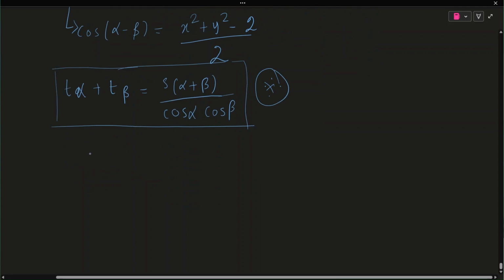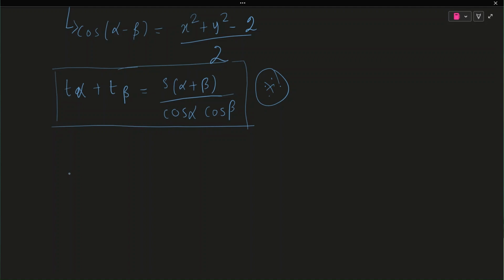Because you can derive this using the tan of alpha plus beta, which means tan alpha plus tan beta divided by 1 minus tan alpha tan beta. From that, you could deduce this equation, and you would be getting it in terms of sine and cos like this,